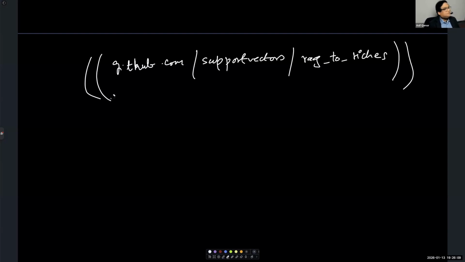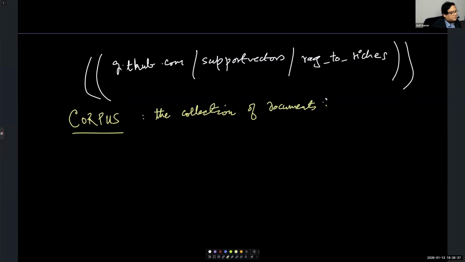Now, what I would like to do with that is begin with the topic. Let's think through the RAG journey and then we'll walk through the code. Suppose you have a corpus. We use the word corpus. What in the world could we mean by corpus? Corpus is the set of documents, the collection of documents. What do we mean by document?